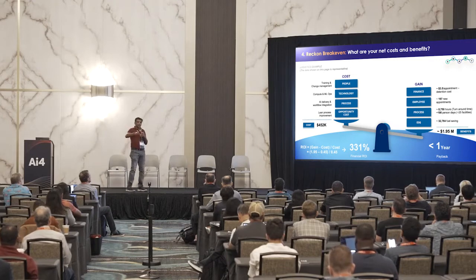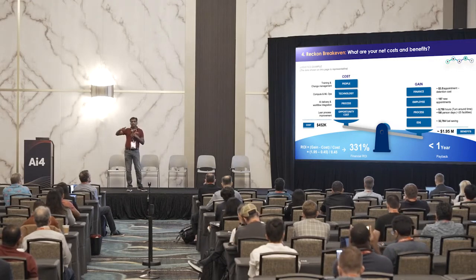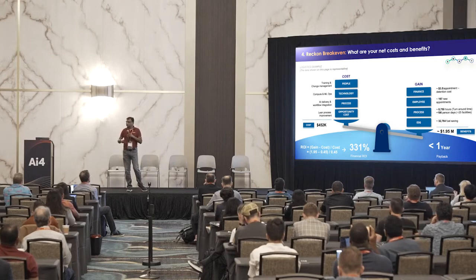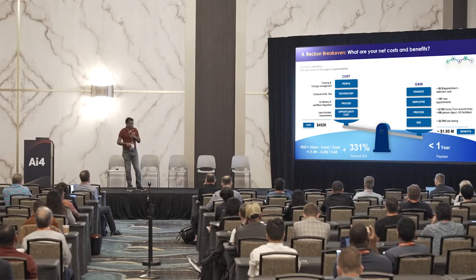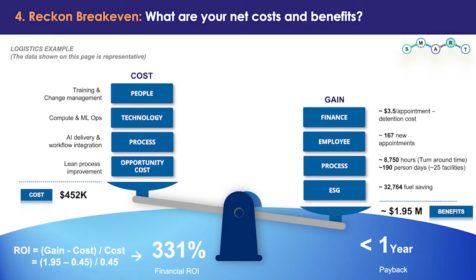Technology, right from build, operations, model tweaking. There's a lifetime cost towards having a model or AI application deployed. Process and opportunity cost, likewise, what is the gain you are having. So if you know how you're able to map it, then you have a clear way of establishing what the ROI would be for each of them, right?